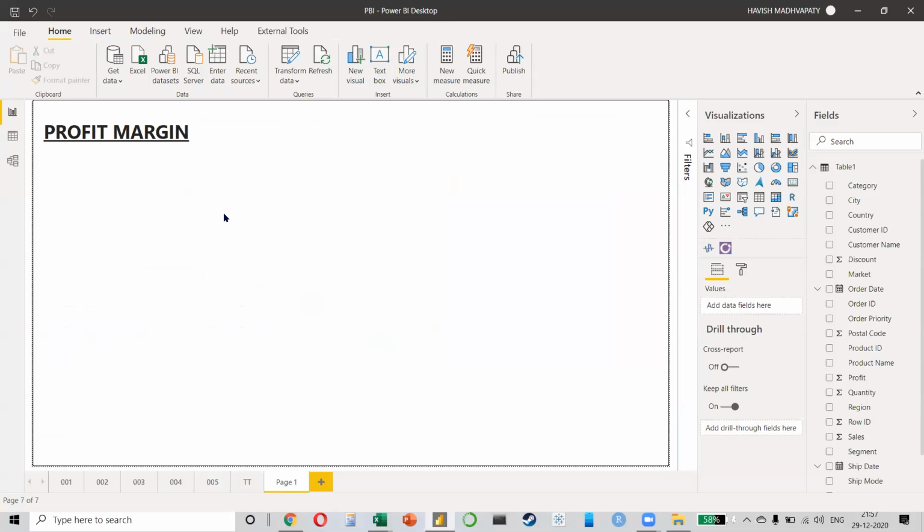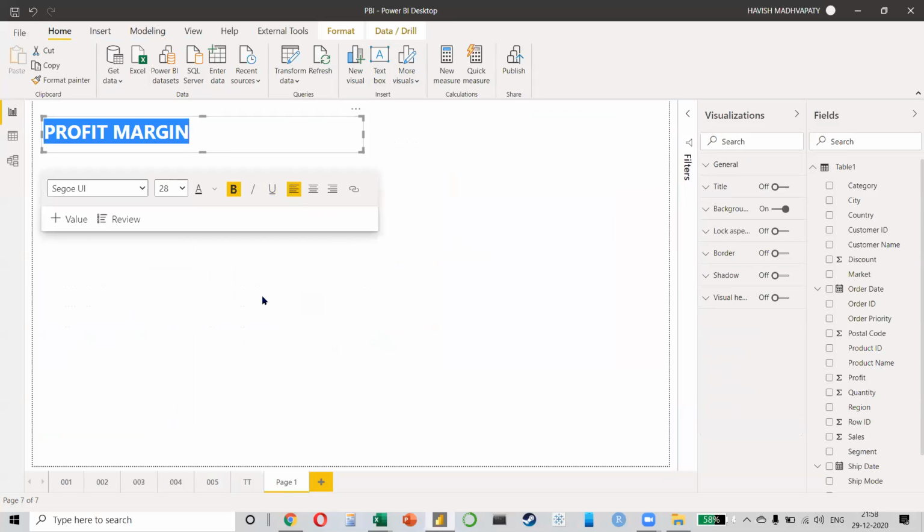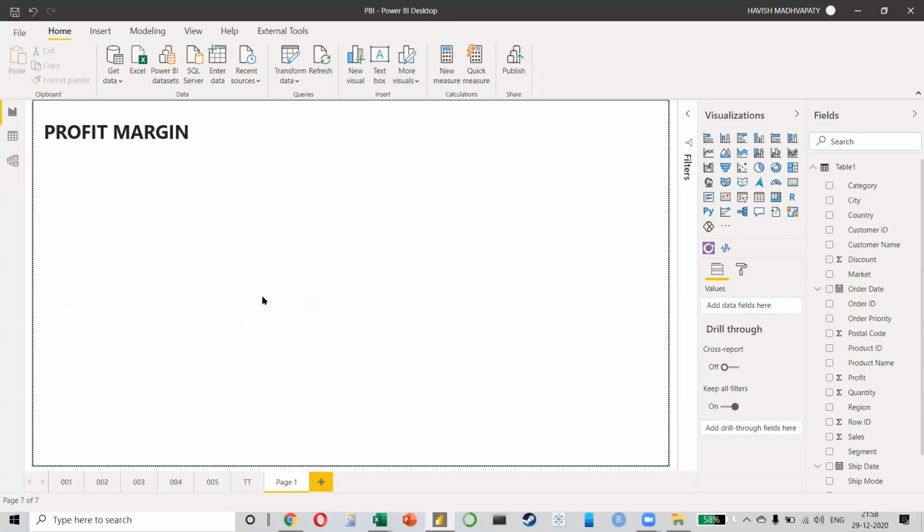So let's see how to create the profit margin. To create a calculation, we use something called a measure. Do you see this? In the Home tab, we have New measure, and the new measure allows us to do calculations inside Power BI.